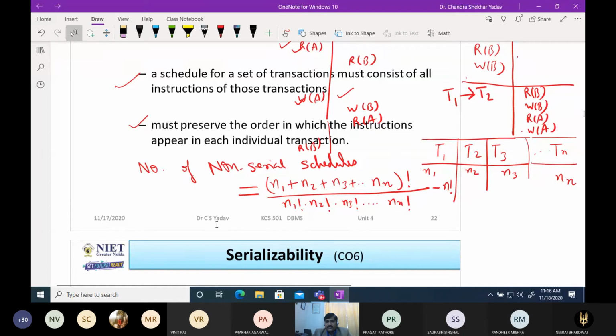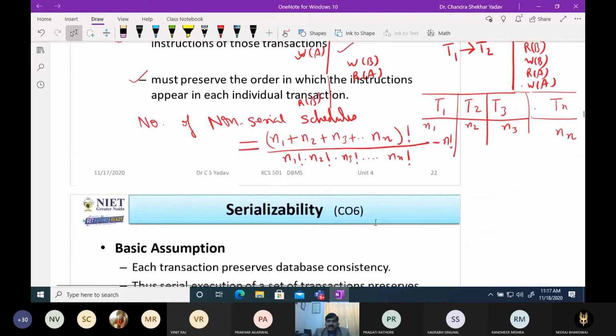So this represents the total number of schedules. But as you already know, the number of serial schedules is factorial n. So we have to subtract factorial n from this expression. In this way, we can find the total number of non-serial schedules. So that's all about schedule.